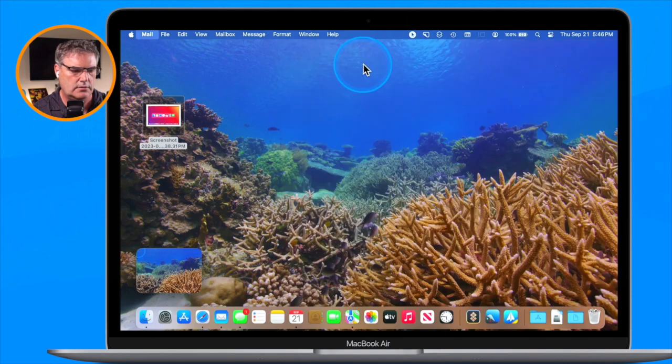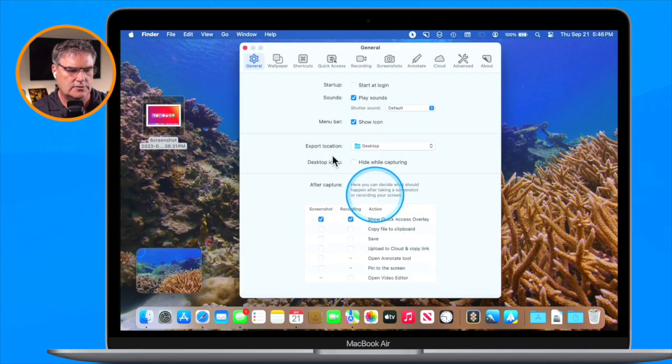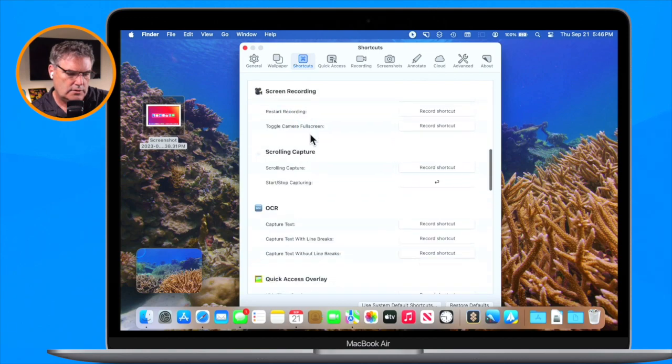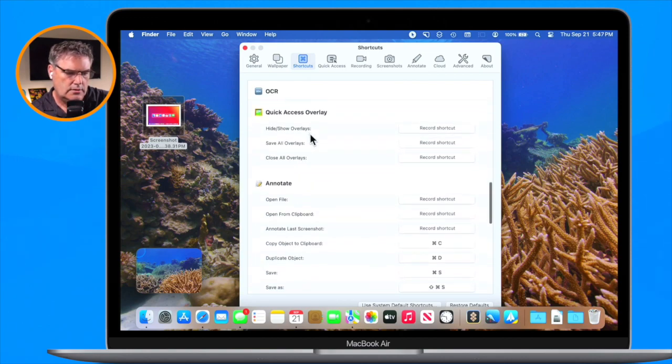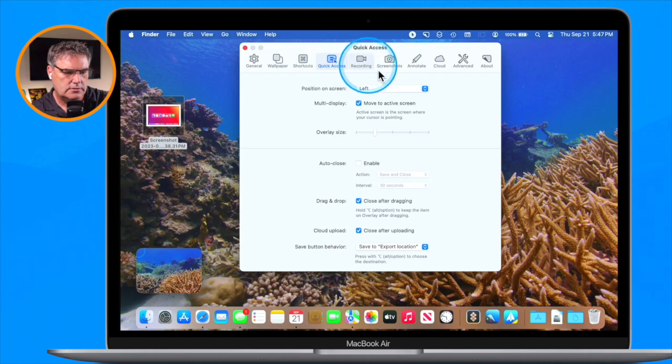This app is, what's it called? CleanShot. Here's all the settings. So you can see you have quite a few settings here. And maybe there's something in here about mail. Shortcuts. Toggle, pin, screenshot, screen recording, OCR, annotate. Annotate tools, I don't see anything in there. Quick access. Save button. Ask for destination. I don't see anything here about mail, but